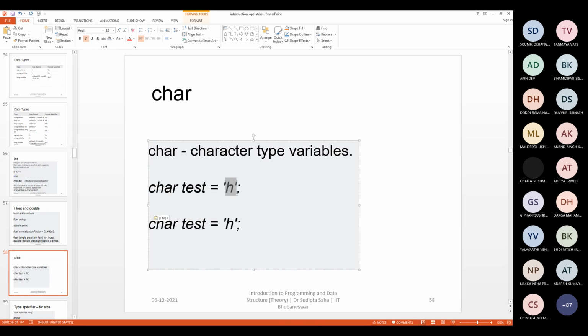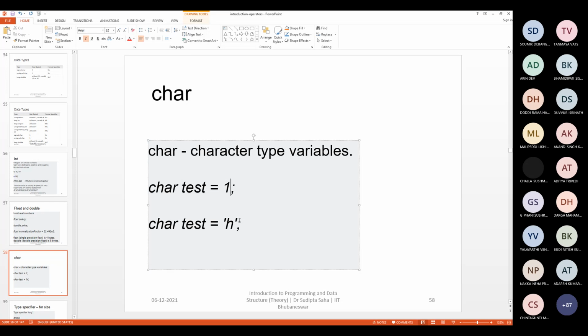If I write, say, test equals to 1, it's quite a valid statement. I said characters are basically integers. So test is an integer variable now, and I'm setting 1 to that. But the problem is that, what we are going to see inside the computer for this character test: just recall this variable test is also given some memory space, correct? So that has been given a single byte of memory space, and inside that byte, the binary representation of this value literal 1 is put, is kept inside that.